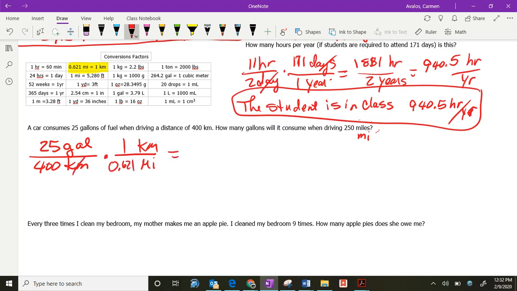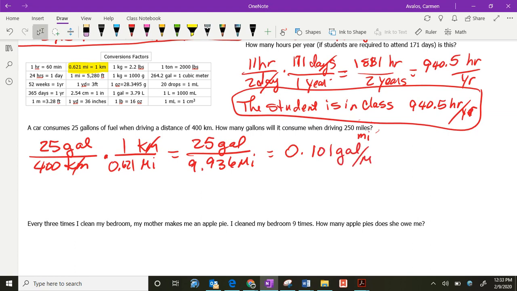in 1 kilometer. The kilometers go away, numerator to numerator, denominator to denominator, and it turns out to be 25 gallons in 9.936 miles. And so when we change that, that is going to be approximately 0.101 gallons per mile. Now, is this answering the question? And the answer is no. How many gallons will it consume when driving 250 miles? This is the rate at which is consuming the gallons per mile, but we still haven't answered the question about